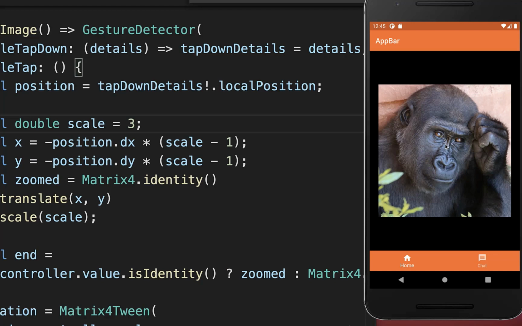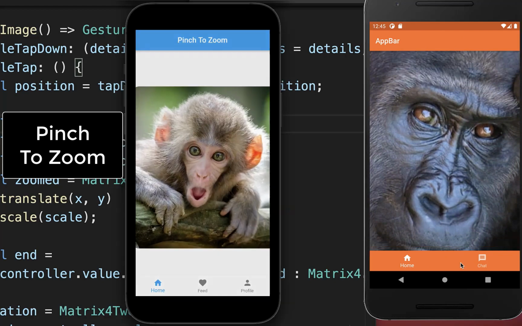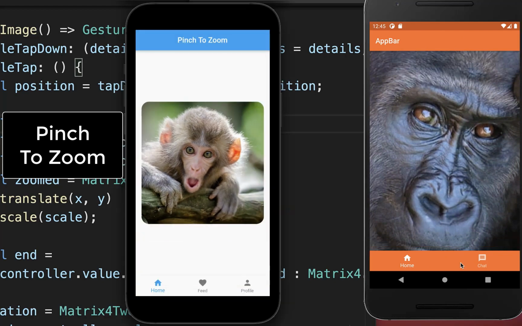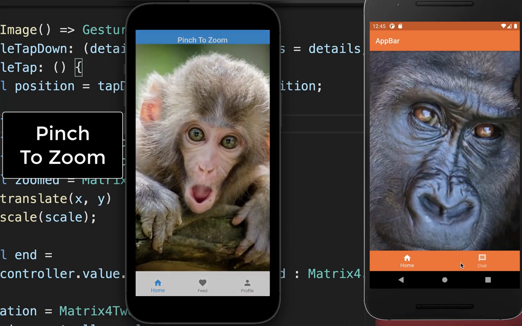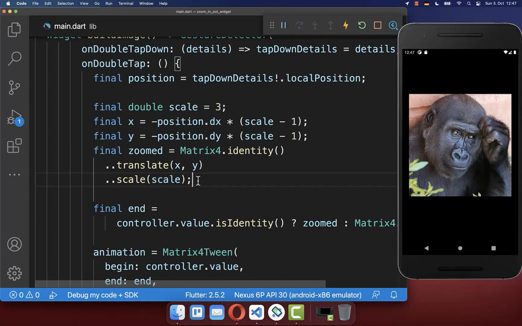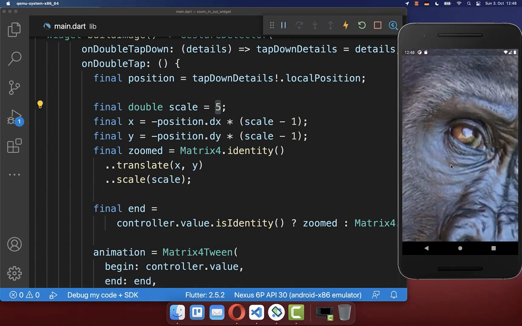Importantly, the image zoom will not go on top of your app bar and also not on top of your bottom navigation bar. Simply watch the next video, Pinch to Zoom, where I show you exactly how to implement an image zoom that goes above any other widget in Flutter. And lastly, of course, you can also change the image scale factor. So here we set it to 500%. And with this, if I zoom on the image, it is having a deeper zoom.